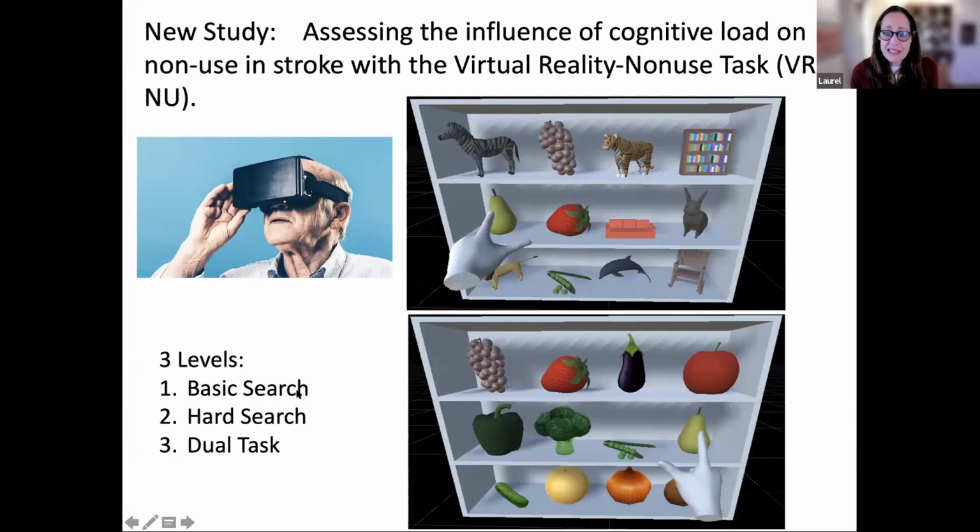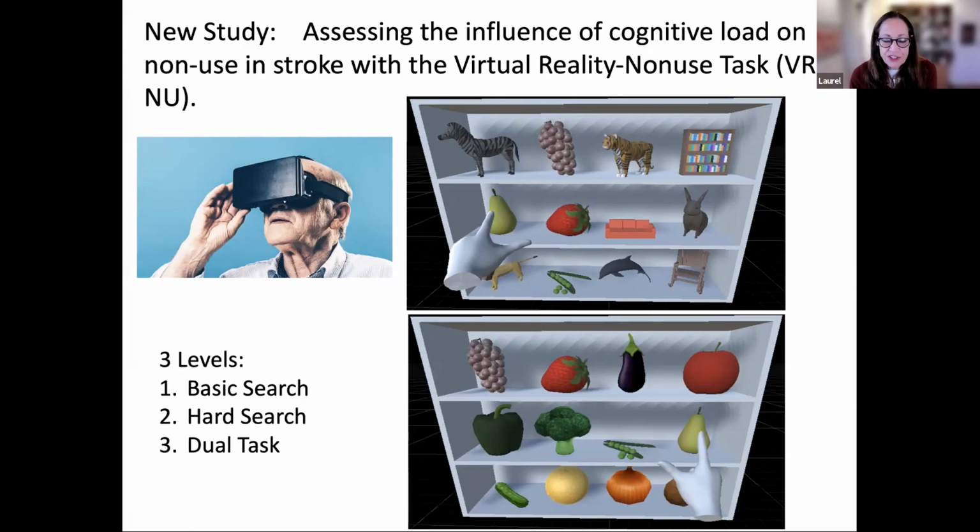So in the basic condition, we have an array in which objects are drawn from different categories, and subjects are told on each trial to reach to a given object. They are actually pre-tested to make sure they know what the objects are and can comprehend the names of the objects. They also, as a cue on each trial, see a black and white drawing of a different exemplar of that object. So they were really sure they know what they're supposed to reach for. In both the hard and the dual condition, the array of the objects are drawn from the same category.